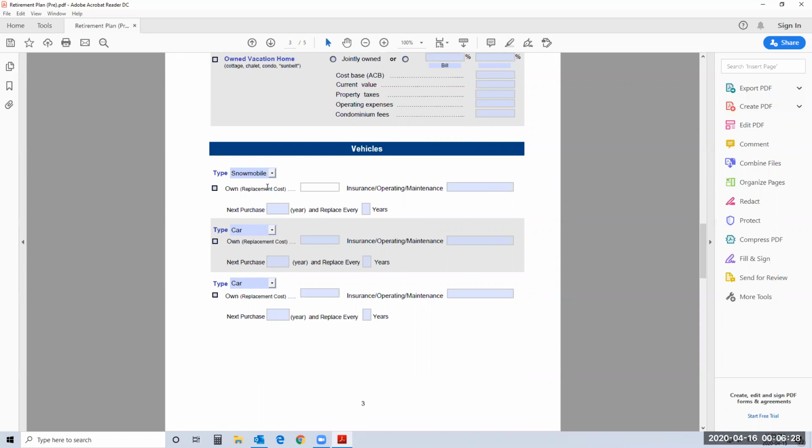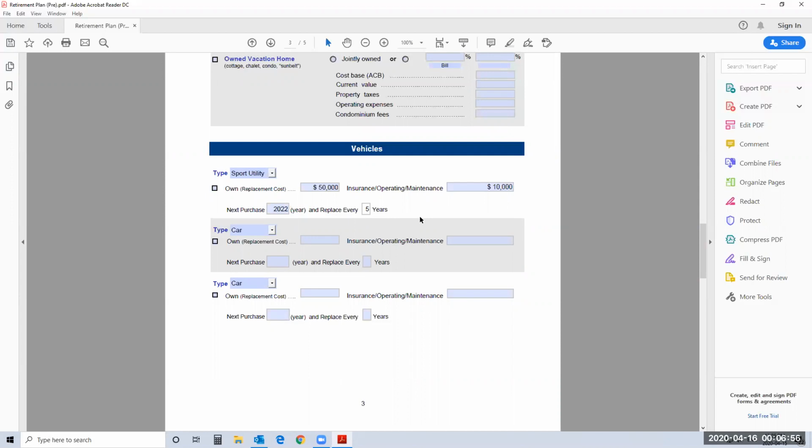By itemizing the vehicles, let's make that a sport utility, which is fairly straightforward. I pay $50,000 for them, cost me $10,000 a year to run it. I want to buy my next one in 2022, and I want to replace it every 5 years. So if you do that, pretty straightforward, then VisionWorks will import all of that, and then you'll be able to